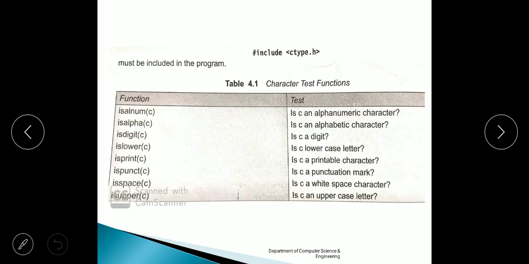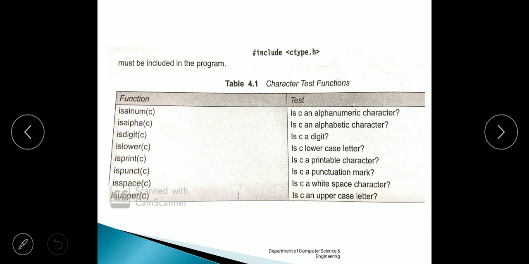And in C programs we also have some test functions. There are some test functions available in C, that is, please see the syntax. It is isalnum of c.